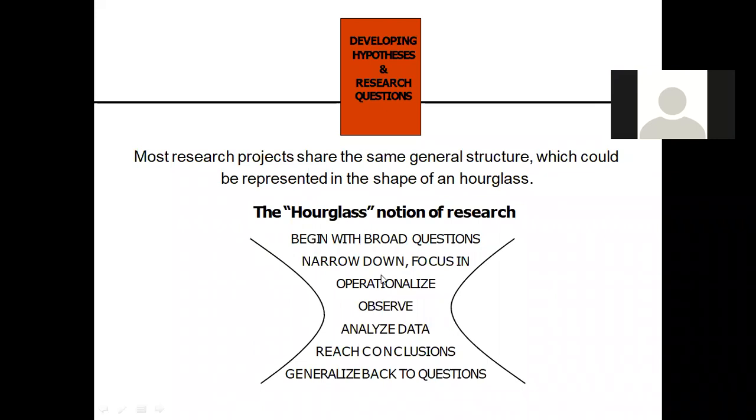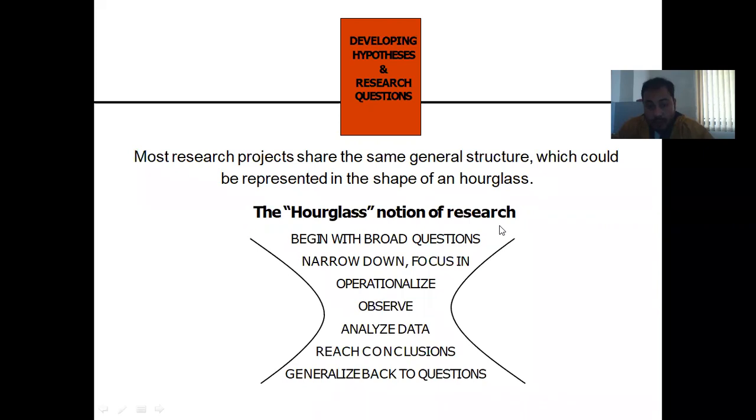What you see here is that first we started with the broad question. We have started from broad questions. Now the shape comes like this. Why? Because of narrow down, focus it. Then when your topic is fixed, you will carry out the review part. Then you will find the problem statement. So then you go for what